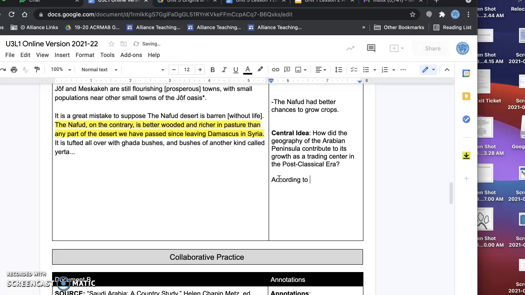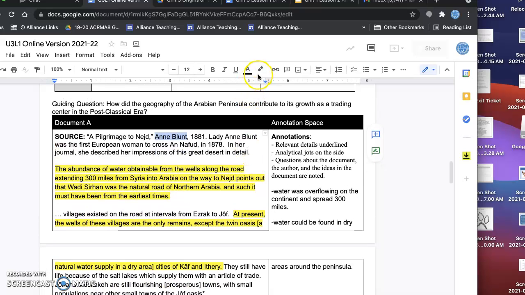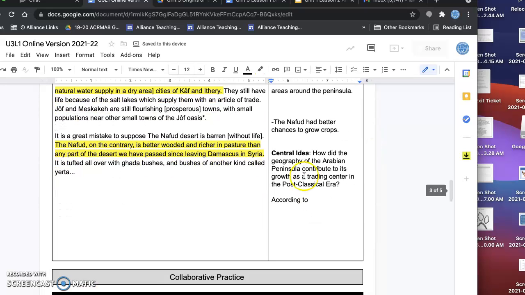Who is this according to? Well, we go back to the source at the top right here. According to, who wrote this, y'all? Anne Blunt, right? I'm going to highlight that because we want to know who wrote that. So, according to Anne Blunt,